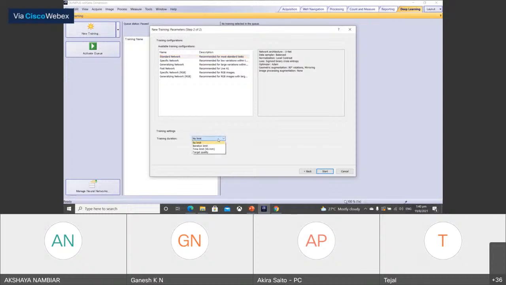And training means that the neural network will be created by using lots of iterations of the training. You can set the duration, how long you would like to do the neural network training. So I'll just go with no limit.